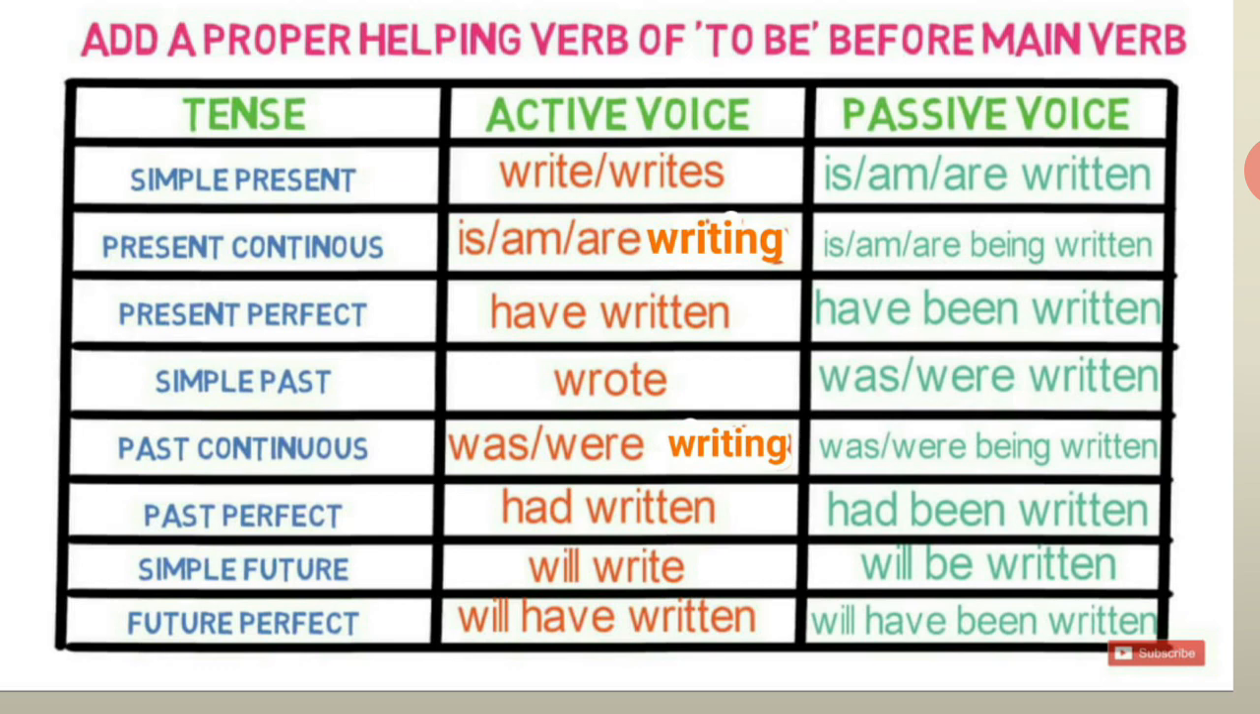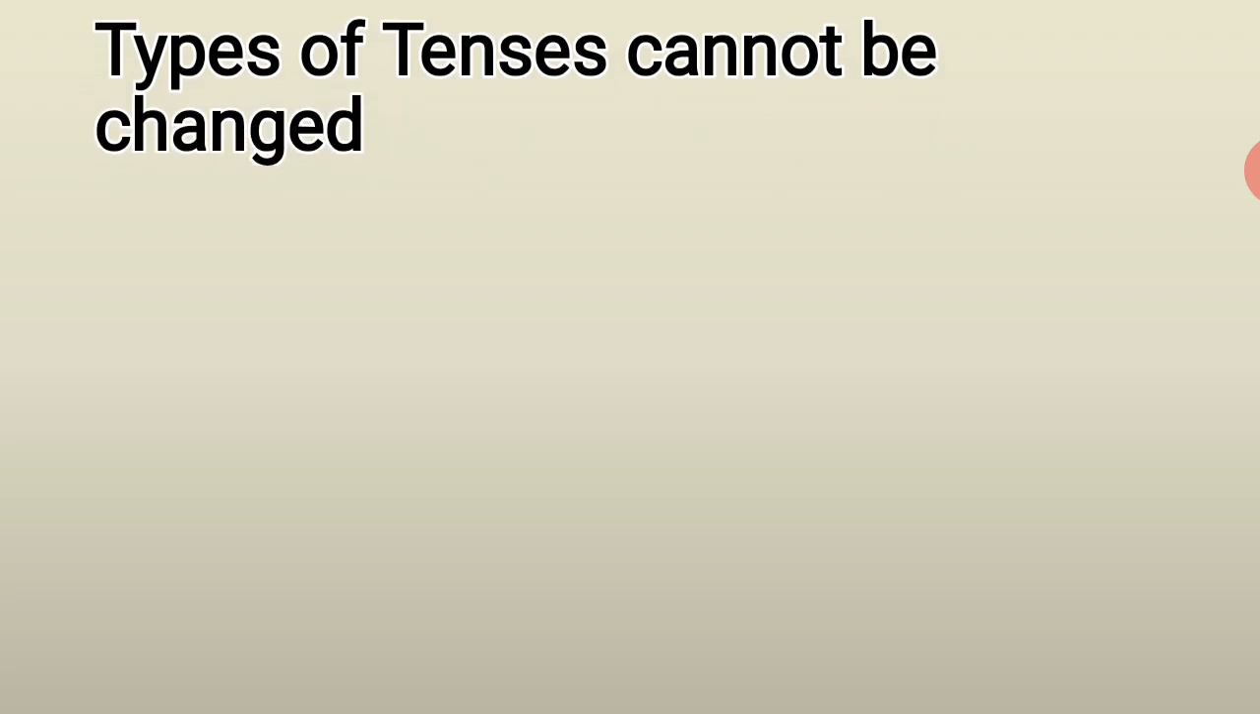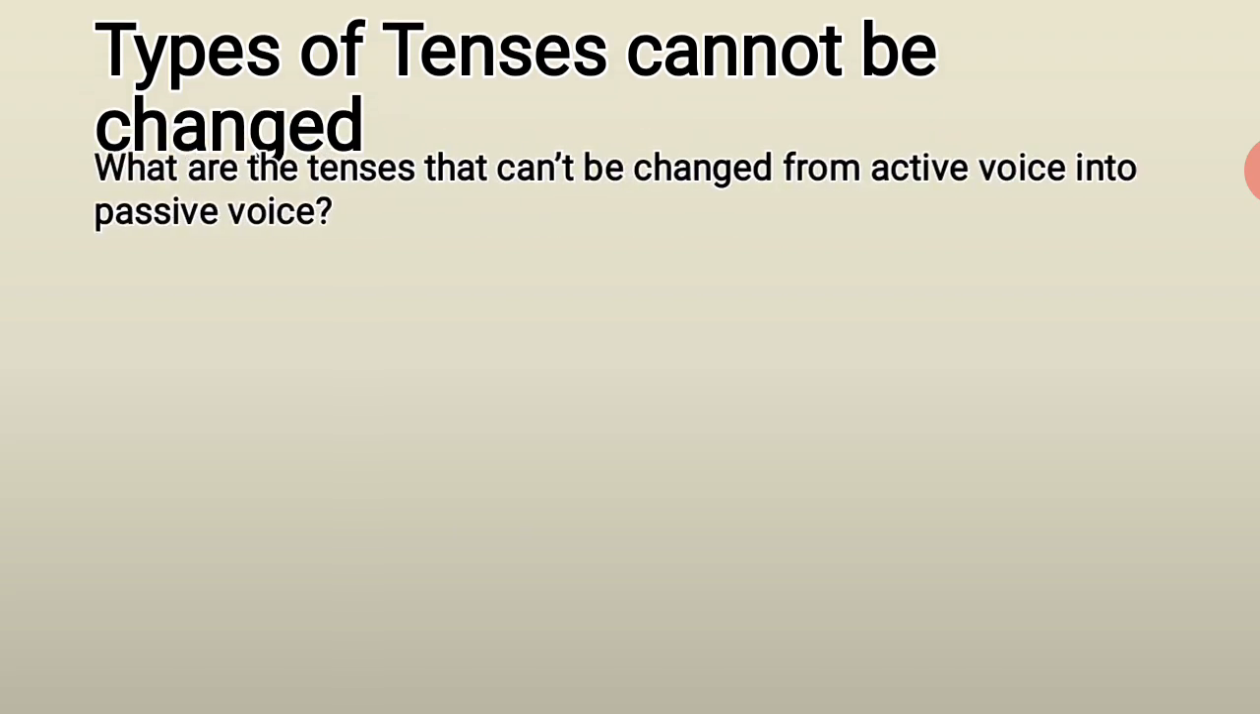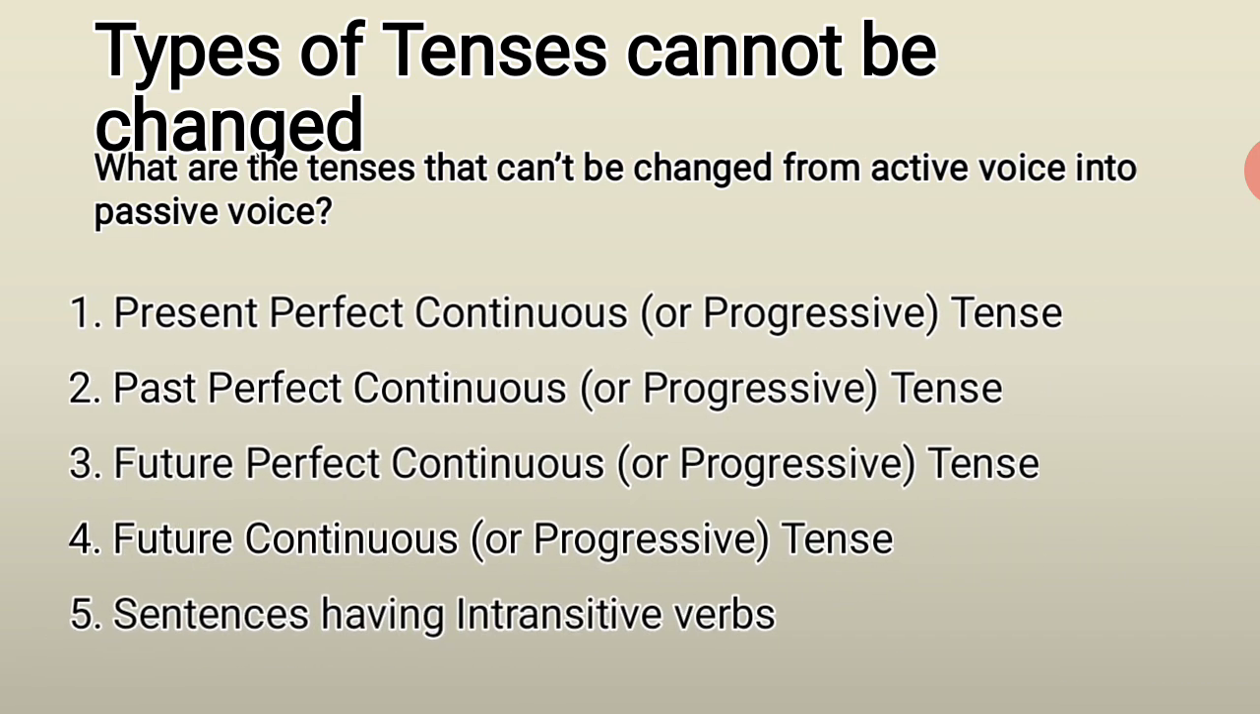Now you must have noticed that we don't use four tenses while converting active voice into passive voice: present perfect continuous tense, or we can say progressive tense, past perfect continuous tense, future perfect continuous tense, future continuous tense, and the sentences which have intransitive